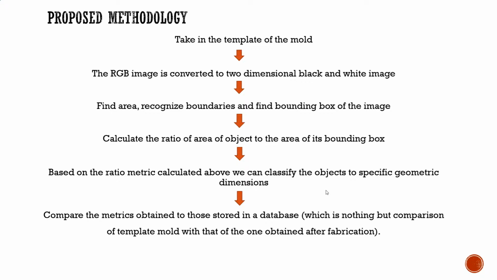So our proposed methodology involves the following steps. Taking in the template of the mold, we convert the RGB image into a two-dimensional black and white image. We find the area, recognize the boundaries, and use a bounding box in order to find out the extent of the object. Calculating the ratio of the area of the object to that of the area of the bounding box, we get the extent. Based on the ratio metric calculated, we are able to classify the objects based on the geometry,